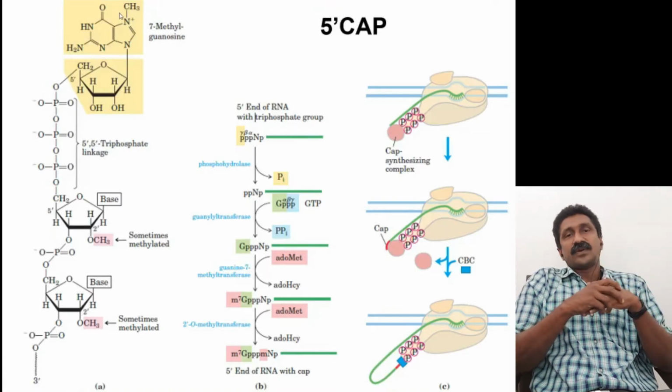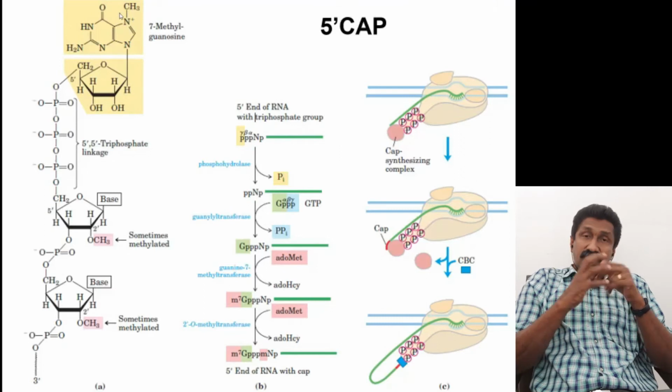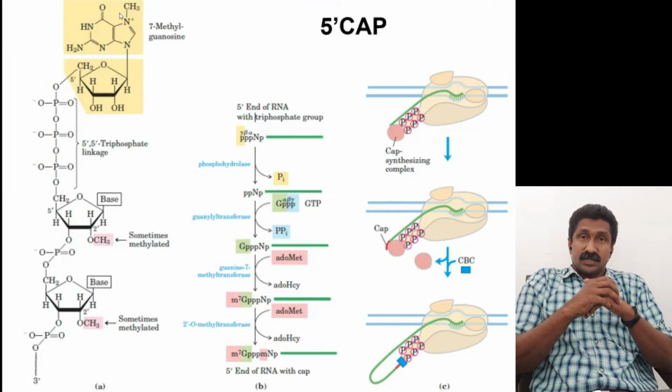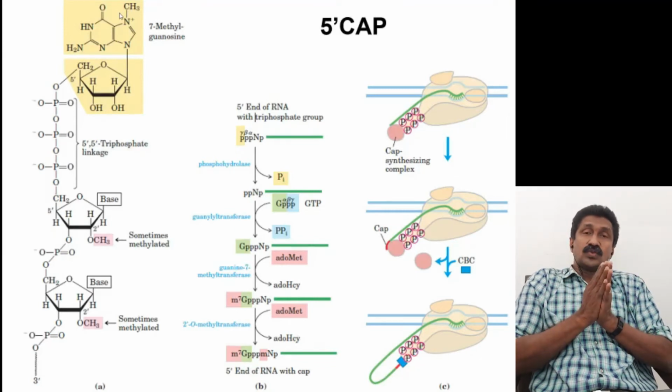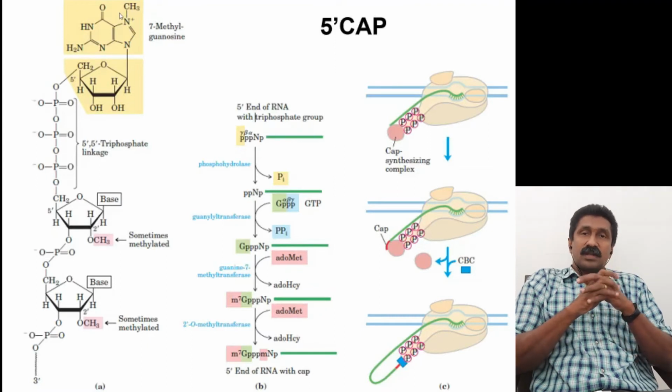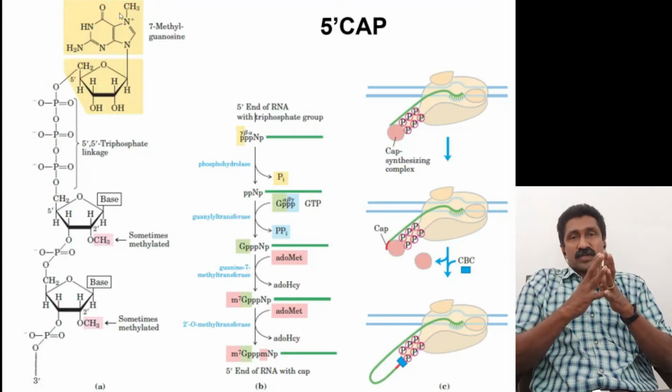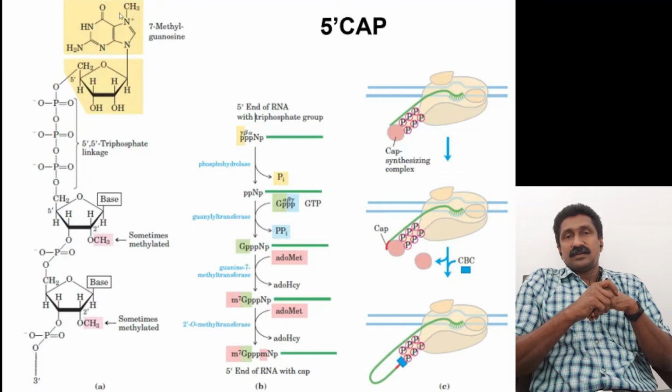So there are different types of methyl caps that are available. And this methyl cap especially has some significant roles. It is said to give protection to the mRNA. Usually mRNA is short-lived, and without such protection the mRNA may be immediately liable to lysis or degradation, but the cap adds some protection, or increases the lifespan of the mRNA. That's one role. Another role is that it is used as the starting point of translation.